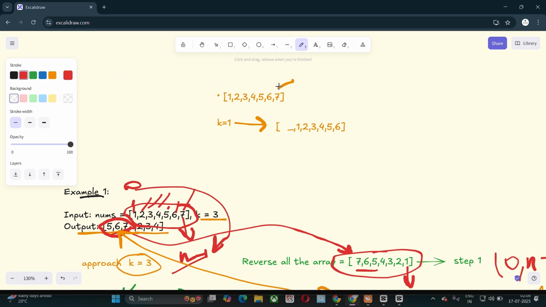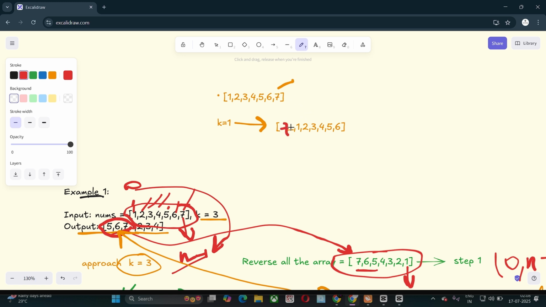We do not write 6, because if I write 6 the length increases. So what happens? 6 is coming to our blank space on the right side.